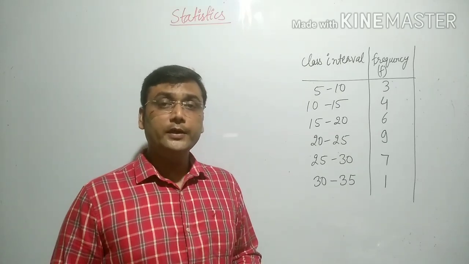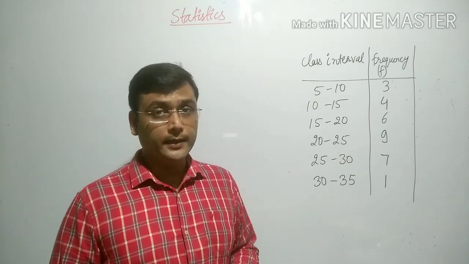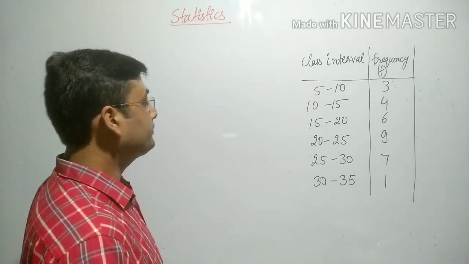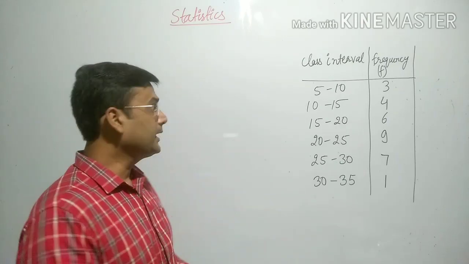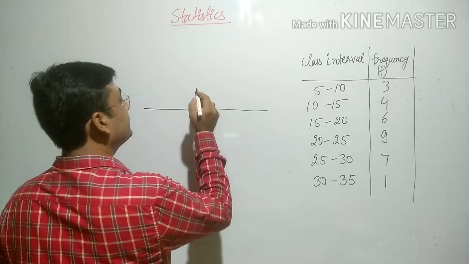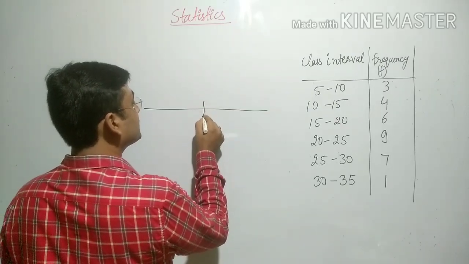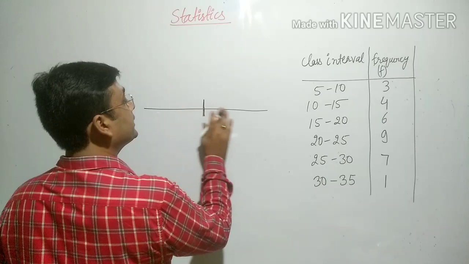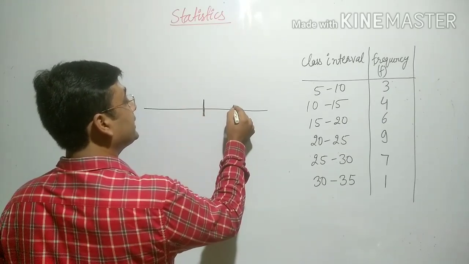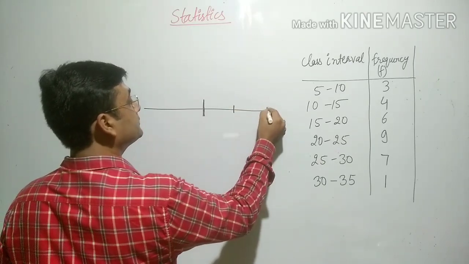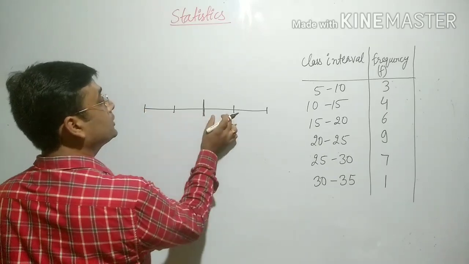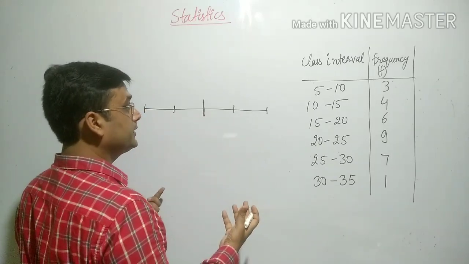Before going ahead, it is very important to understand what a quartile is. Whenever we are talking about quartiles, it means we have to divide a thing into 4 equal pieces. Suppose there is a line here. We have to divide this line into 4 equal pieces. Then what will we do? First of all, we will divide it into 2 equal pieces. Then we will divide this piece into 2 equal pieces, and again this piece into 2 equal pieces. Then 1, 2, 3, 4, 4 pieces are present here.